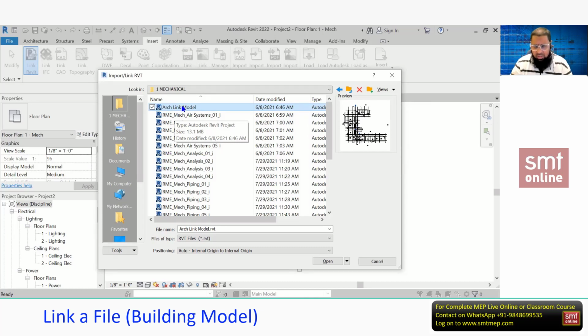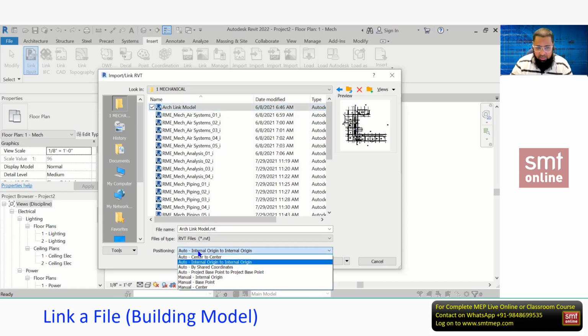Don't worry, at the time building survey before dealing with the load calculation. So at this level, I'm going to select this. And now the positioning, make sure that here internal origin to origin. We'll discuss this point, don't worry. At this level, just follow the same procedure. So why origin to origin? Because I'm interested to link this 3D intelligent building with 0, 0 as reference, origin to origin. Okay, so select this and simply click open.